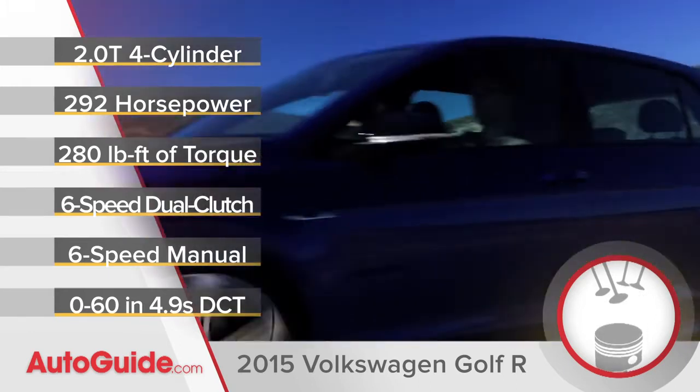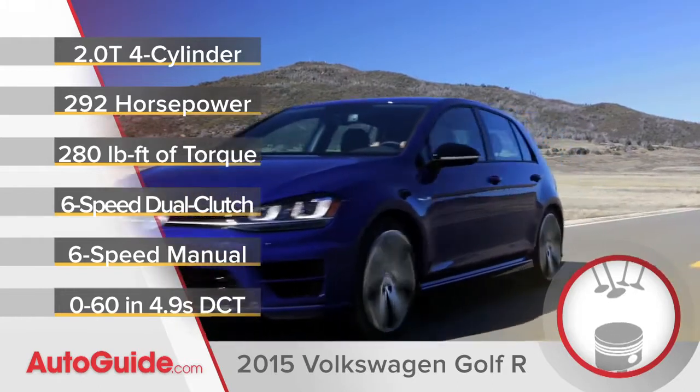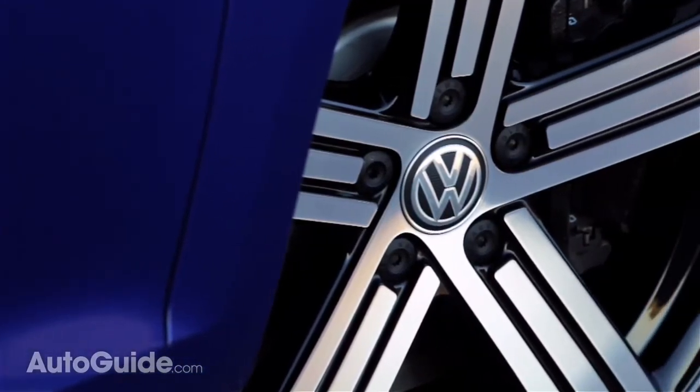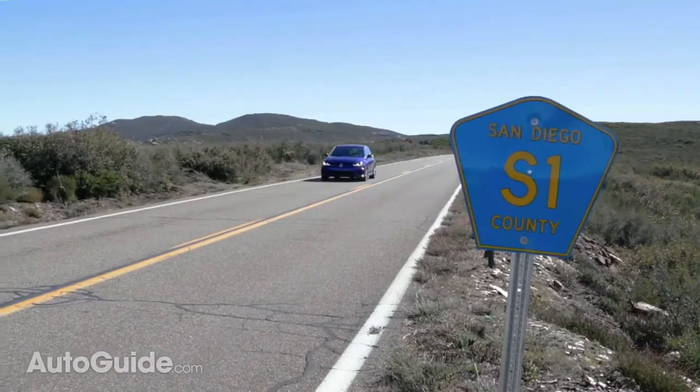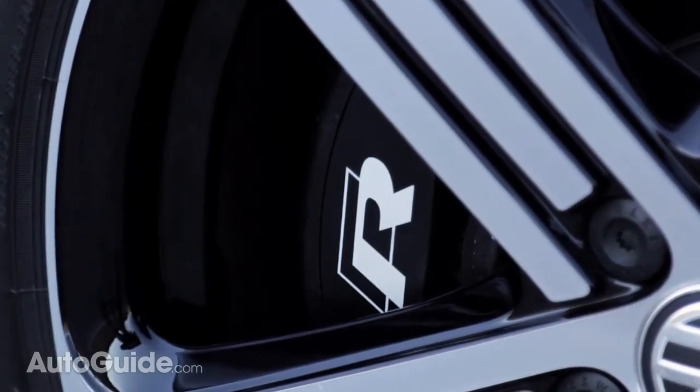Of course, like all versions of the Golf R in the past, this is also mated to a permanent all-wheel drive system for increased stability. But what's different about it this time is that the Golf R has electronic differential locking and Volkswagen's XDS Plus cross-differential braking system on both axles. The system mimics a limited slip differential by applying braking to the inside wheels to offer better traction and reduced